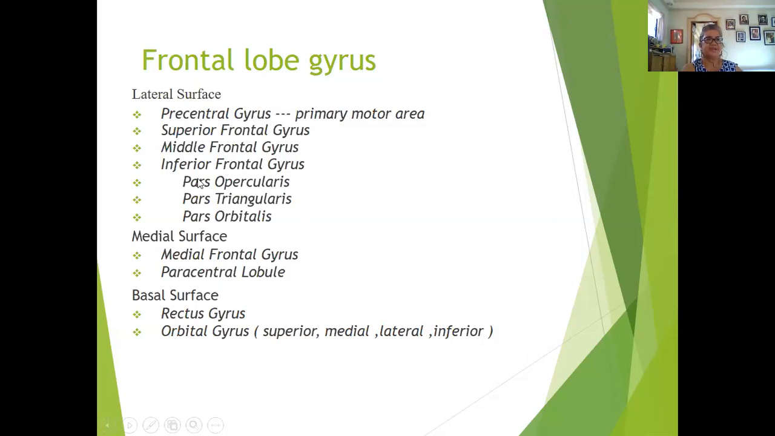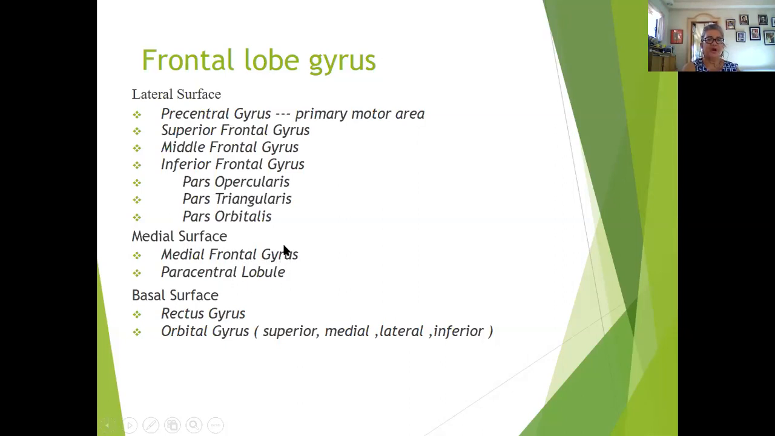On the lateral surface, you have the precentral, the superior frontal, the middle frontal, and the inferior frontal gyrus, and your inferior frontal gyrus will be subdivided into 3 by the rami coming from your lateral sulcus of Sylvius. Then on the medial surface, you will have the medial frontal gyrus, which is actually a medial extension of your frontal gyri,